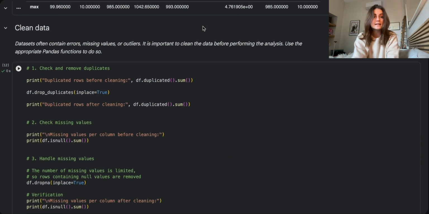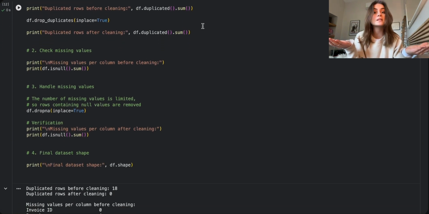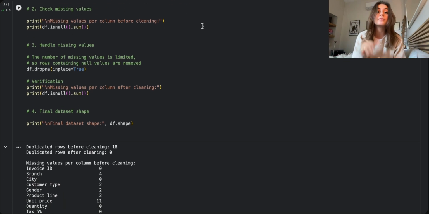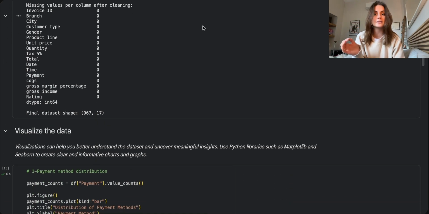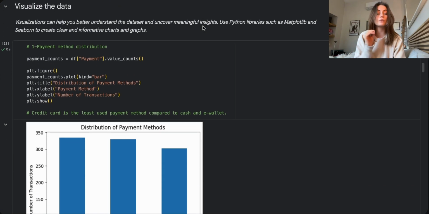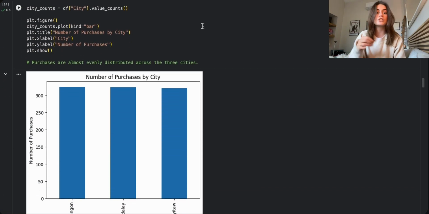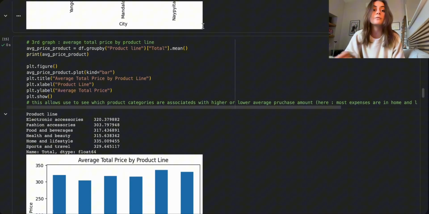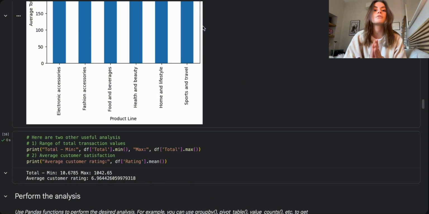Next, we cleaned the dataset by checking for duplicated rows and missing values. And since the number of missing values was limited, we removed them directly from the original dataset to ensure consistency for the analysis. Finally, we created several visualizations, including bar charts for payment method and number of purchases by city and average of total spending by product line, in order to better understand the distribution of key variables before performing